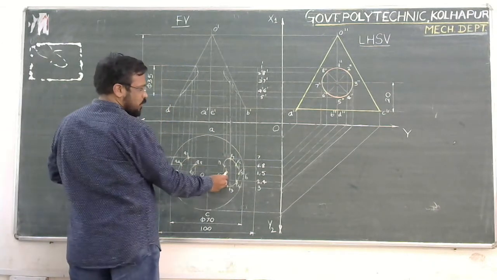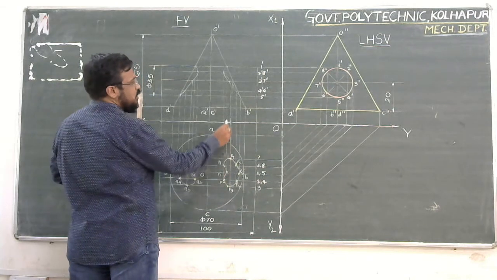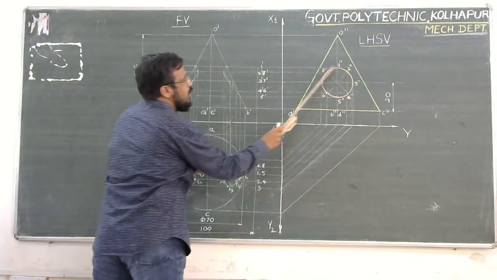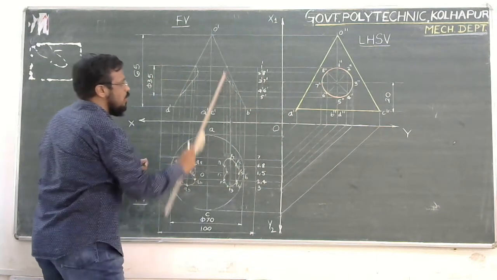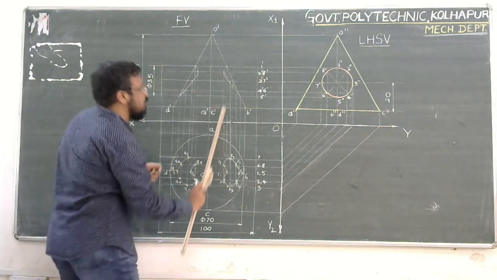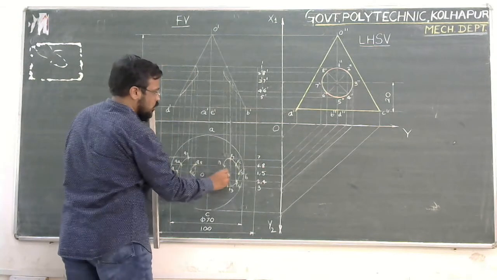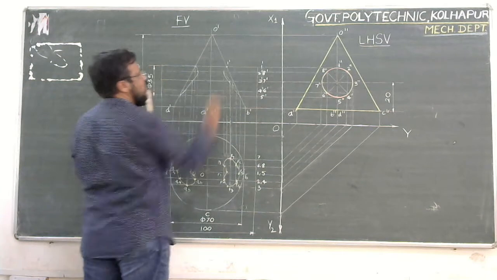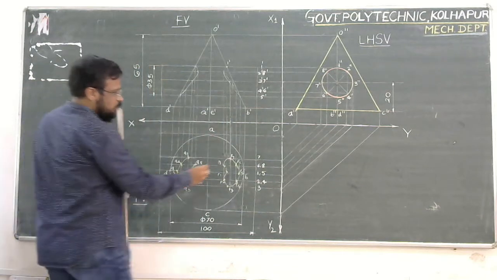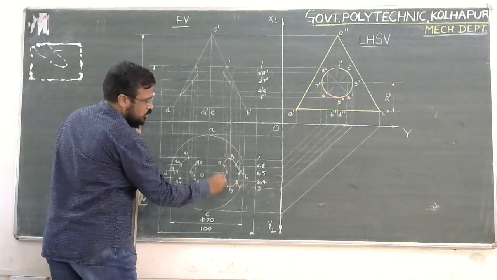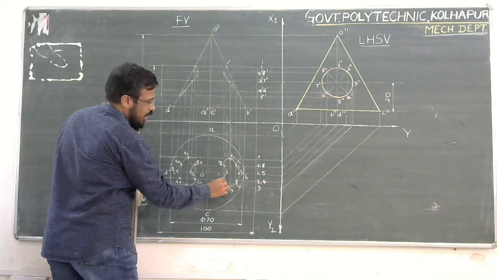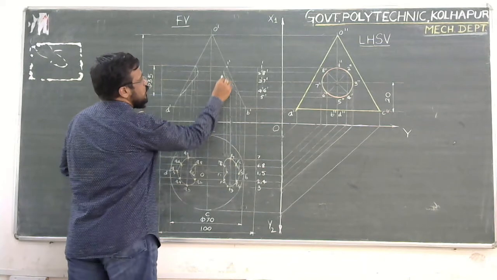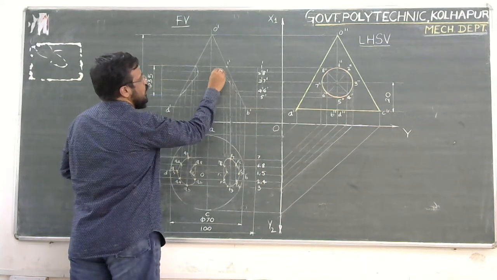Start with this point 1. See, from 1 I have drawn this projector. I will get this vertical line with one projector. So horizontal locus from side view and vertical projection from top view, wherever those intersect, that point is 1. So this is my point 1 dash. This point is 2. See, 2 and 8 lie on a single line. So 2, 8 I project here. Somewhere here I will get 2 dash, 8 dash.